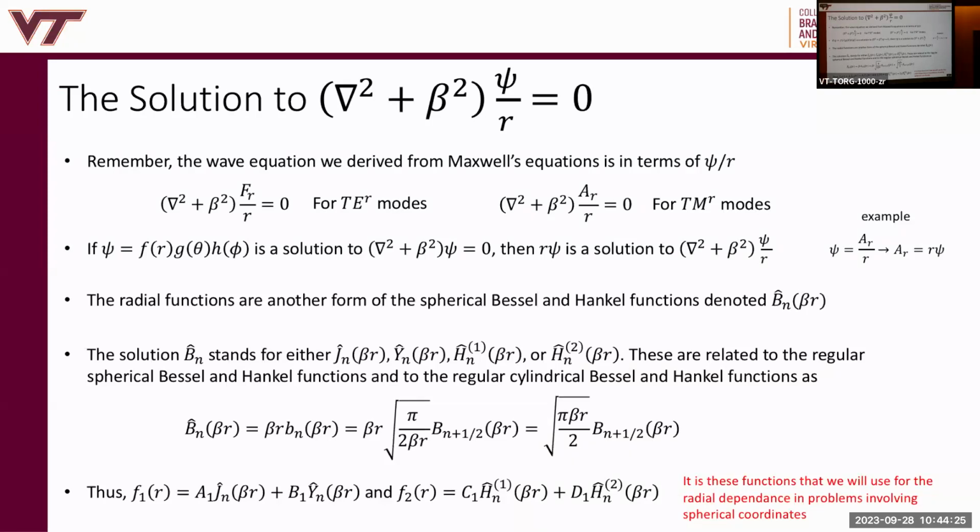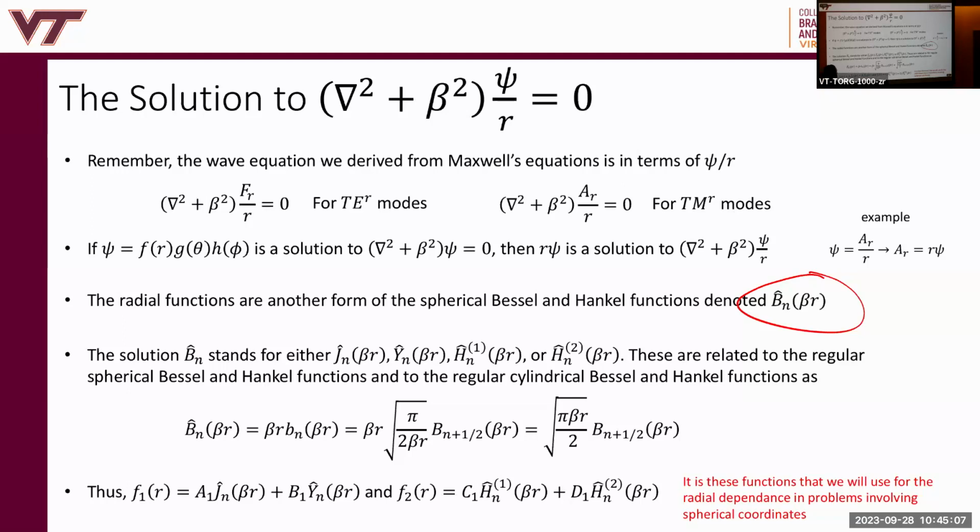Okay, so there are new radial functions now, because this only affects the radial functions, since R is the only variable involved. The new radial functions are denoted B_n hat. There's a little hat. These are the functions that you're going to use in solving spherical coordinate problems, scattering, right? So the B_n hats, where B_n stands for either J, Y, H1, or H2. It goes back to capital letters in spherical coordinates. These are the actual functions you have to use, because the differential equation we derived was for psi over R. So these are the expansion set that you use, but they have a hat, denoting that they're for spherical coordinates, and of course they're in terms of R, not rho.